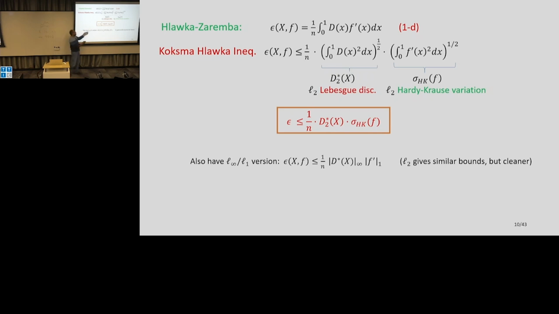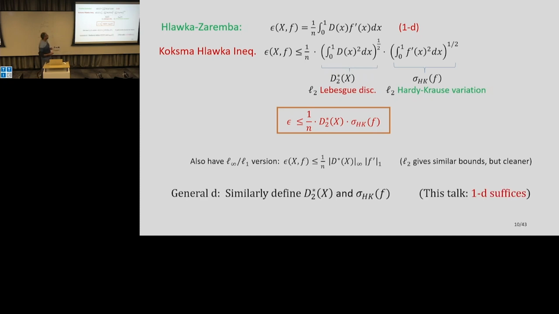People can apply Hölder with any norms, so you can look at the L infinity or L1 version. This is also studied and so on. Morally, these are all roughly the same because they don't change beyond logarithmic factors. And L2 will give cleaner bounds, so we'll work with L2. And again, you can define all of these things in higher dimensions, but we just worry about the one-dimensional case. One-dimensional will suffice for all our ideas.